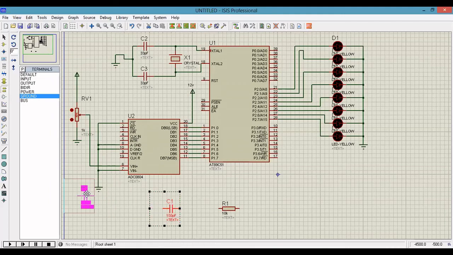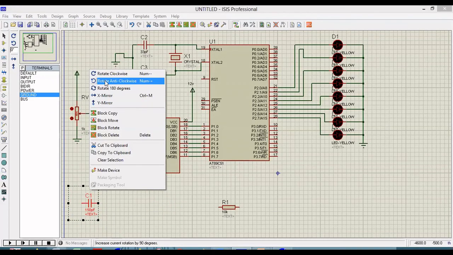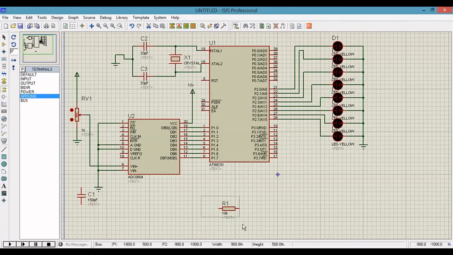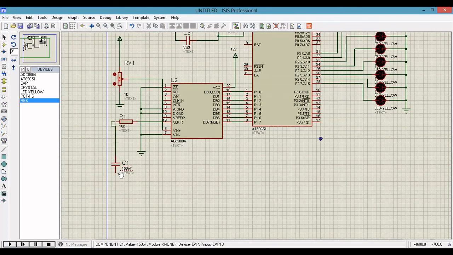Next one is capacitor. Rotate this capacitor. We're going to connect the clock signal. Connect ground.